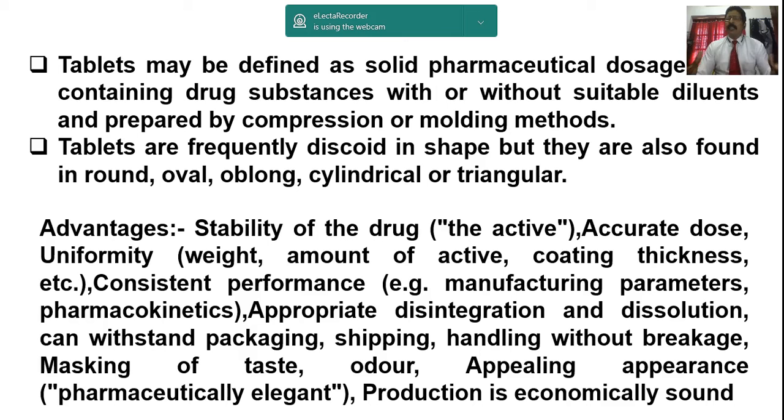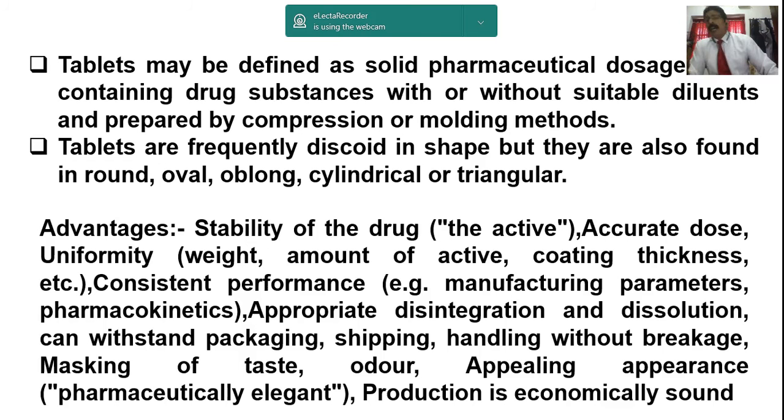Compression, for example: tablets may be made by compressing between two punches in a die. It is possible for you to compress tablets. Molding tablets means you should remember what we do in our normal kitchen, or with ice creams or ices which they prepare. They use some mold and pour some semi-solid, and after some time it will solidify. Sometimes if it is a normal semi-solid, it is possible to keep it at normal temperature to get solidified. Otherwise, for our ices, we keep them in the freezer. So like that you will get that mold. A small mold can also be used to prepare tablets, as a technology.